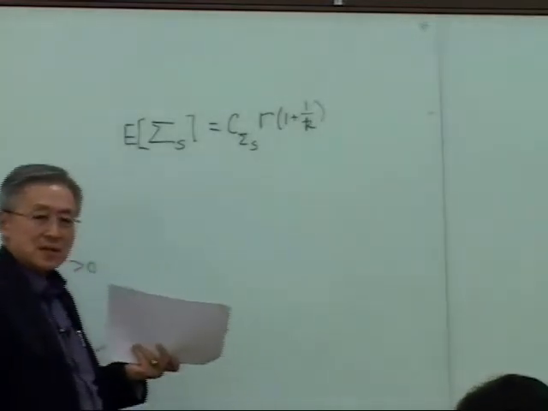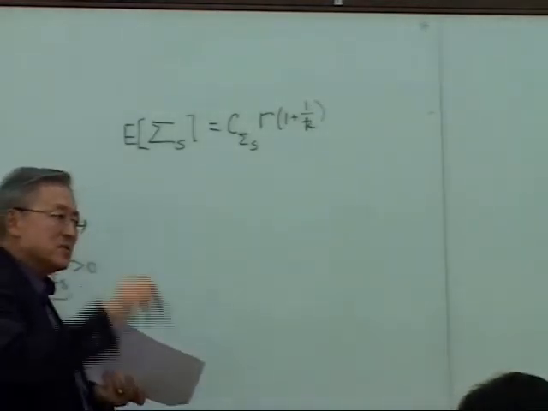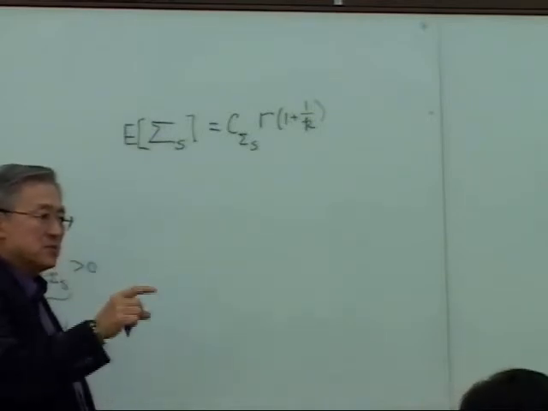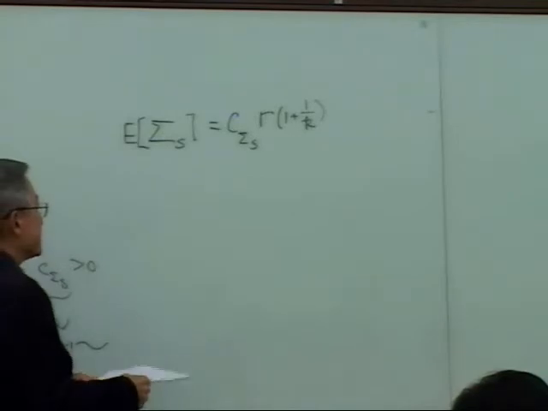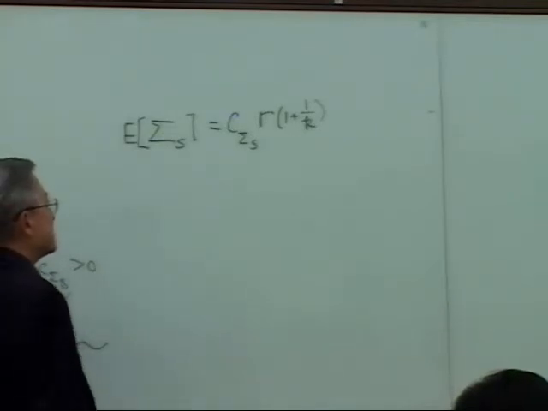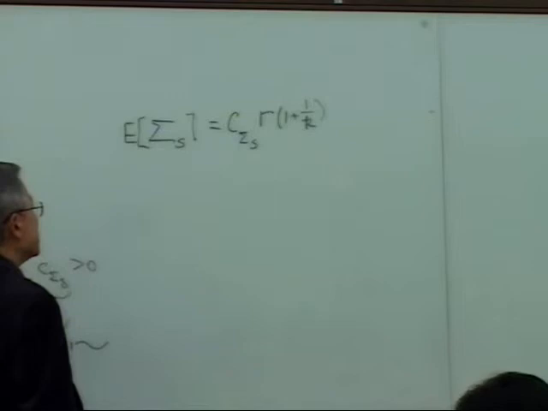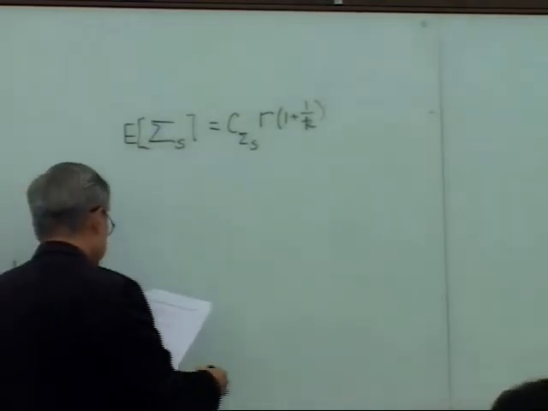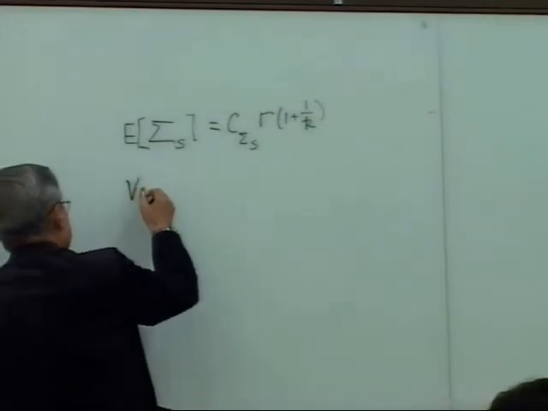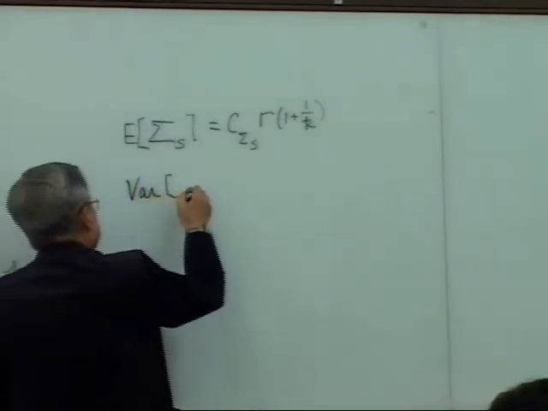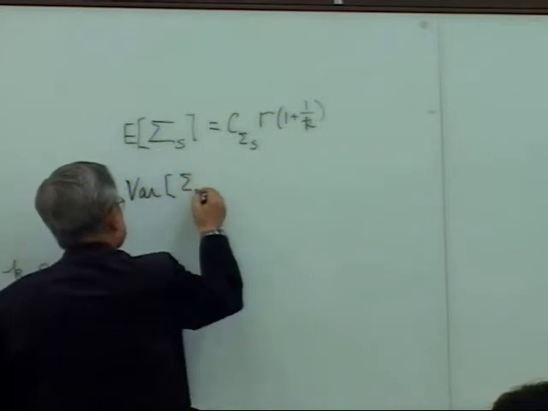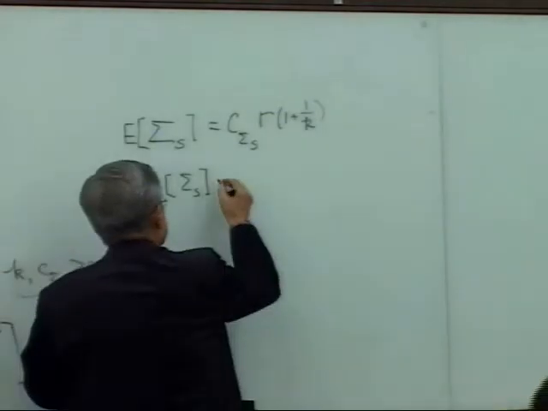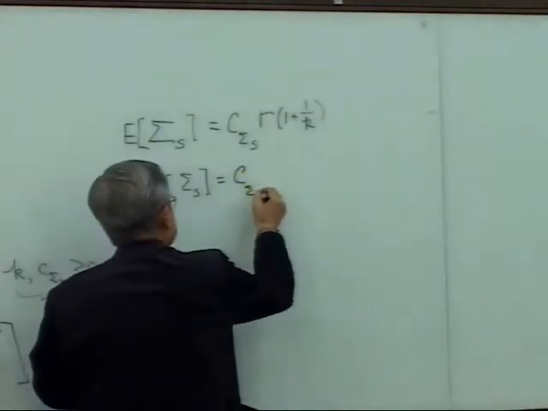Again, C and K, you determine, nobody else is going to get them for you. You fit your data set to the probability model. If it fits well to the 2-parameter Weibull distribution, then you can do that. Variance is equal to